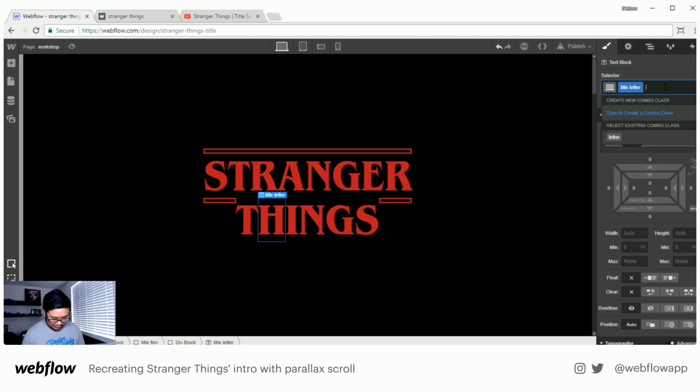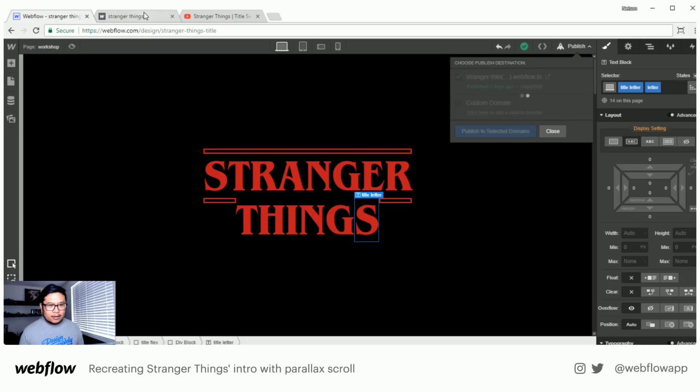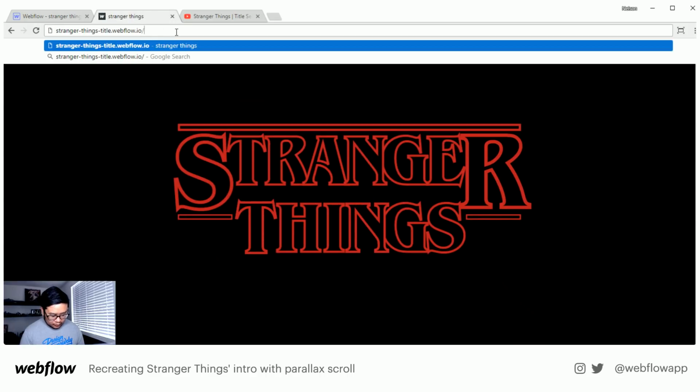It is so nice. All right, so again, I'm just adding the combo class of letter to make that stroke happen. And again, you can only see this stroke happen on Safari and Chrome. I don't think it works on Mozilla or Firefox yet. But if I do a publish right now, under /workshop,